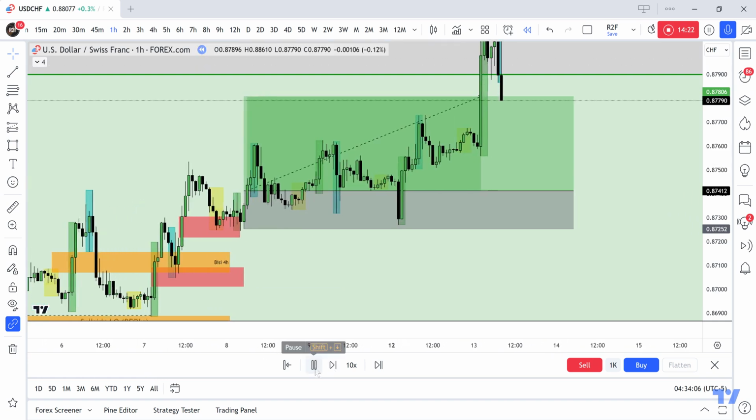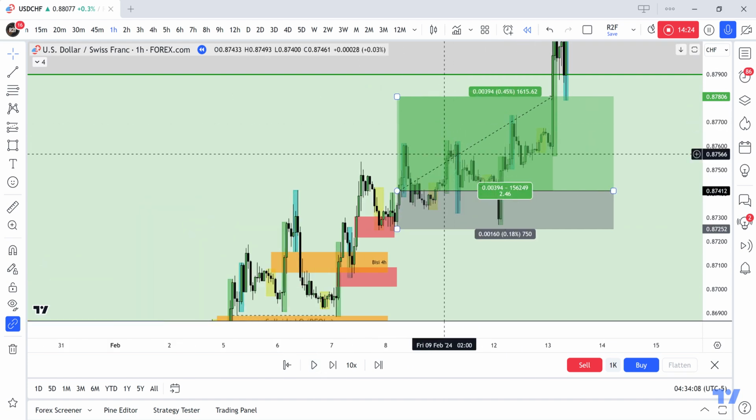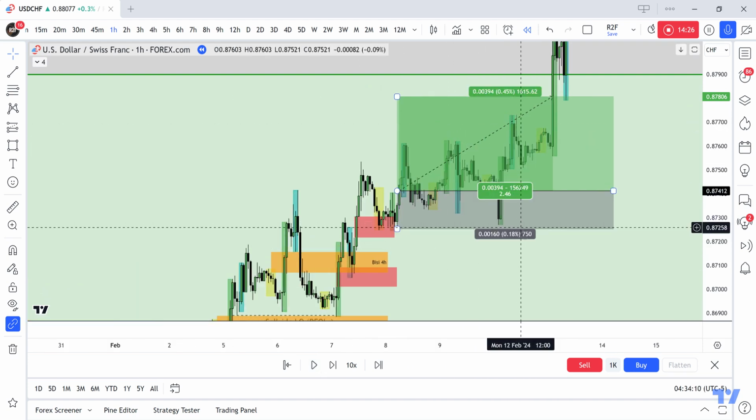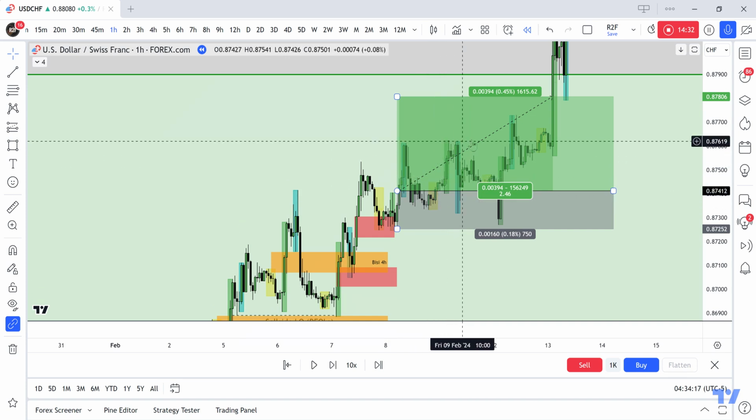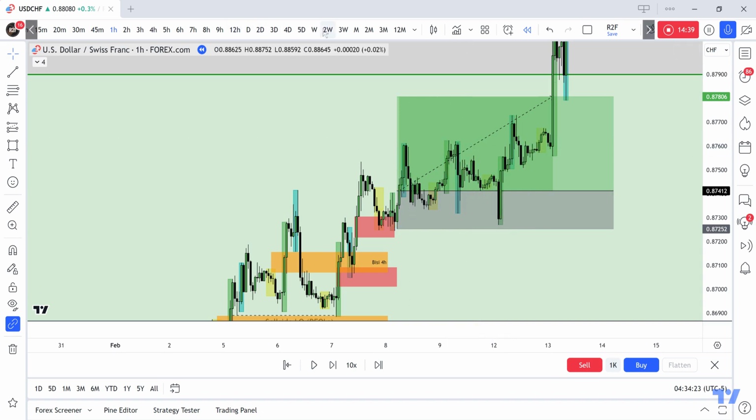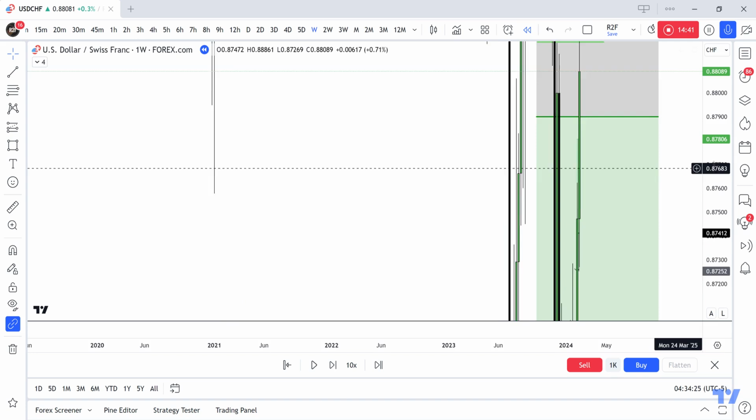Let's fast forward this a bit. Oh, okay. Well, this one almost stopped us out, but it respected this hourly block here. All right. Of course, where someone would take partials and stuff is irrelevant. At the moment, we're just talking about how to do a top-down analysis. So just to recap on that,